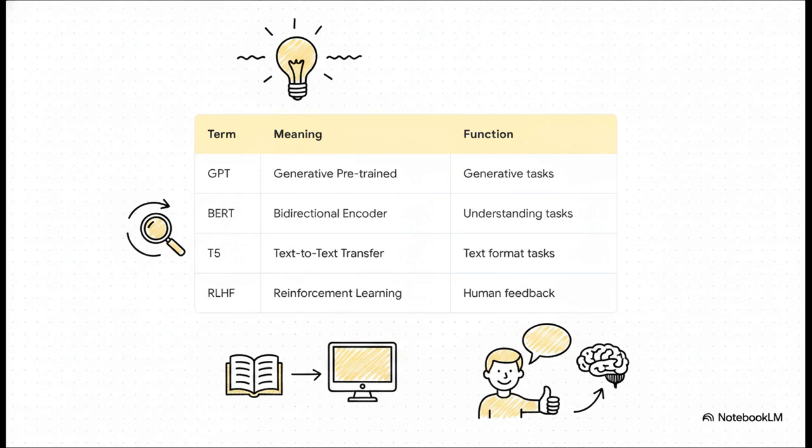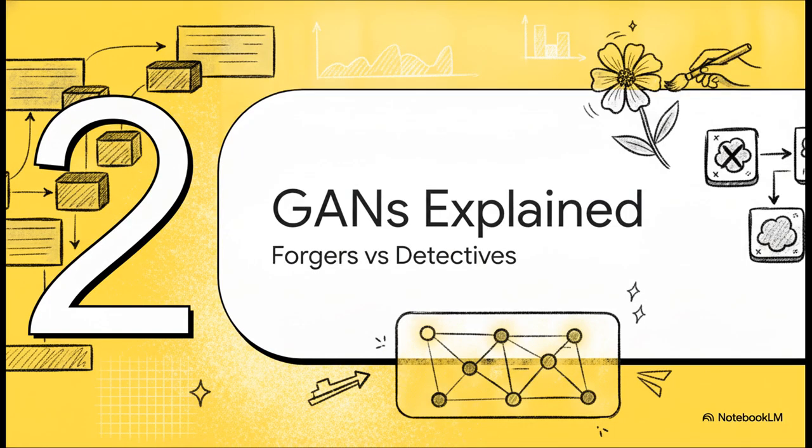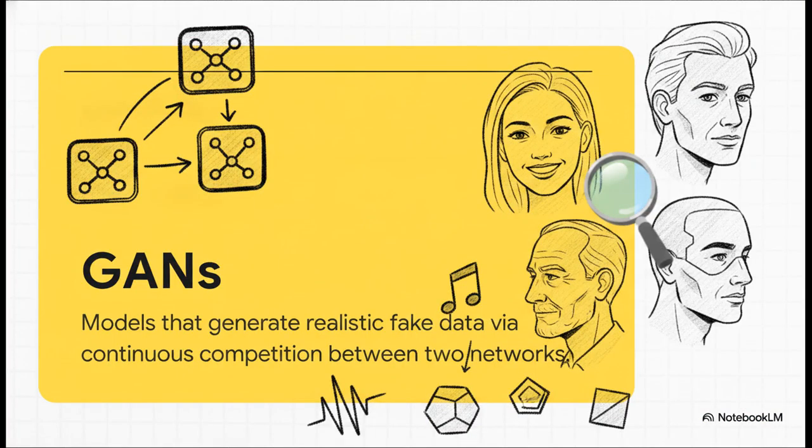Moving right along to Section 2, Generative Adversarial Networks Explained. So to understand how AI went from just sorting data to actually creating it from scratch, we've got to talk about Generative Adversarial Networks, or GANs. Put simply, a GAN doesn't just categorize things. It learns the deep underlying patterns of a dataset to build stuff that has literally never existed. If you feed a GAN thousands of human faces, it'll spit out a hyper-realistic photo of someone you could swear you've seen at the grocery store.